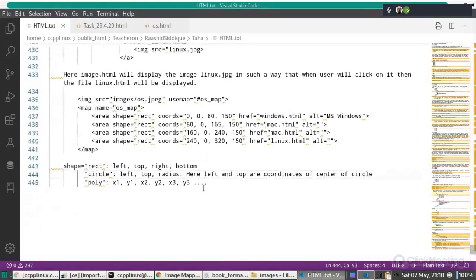First of all we have to look at what is the center of the circle, and then roughly calculate its radius. Then we need to provide these three arguments here: the value of left of the center, top of the center, and radius of the circle. So you can just try by downloading different images.